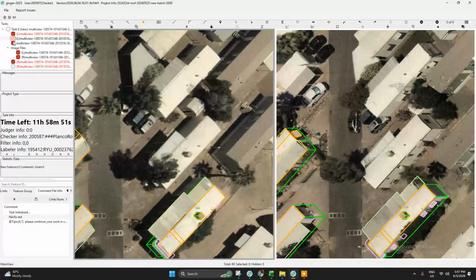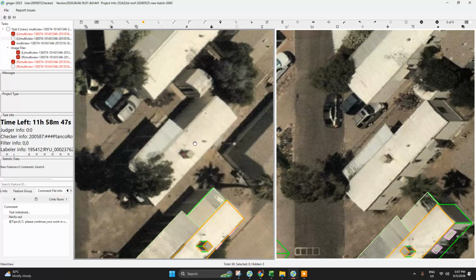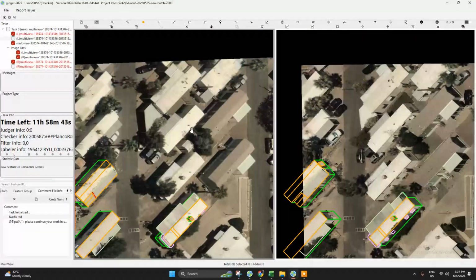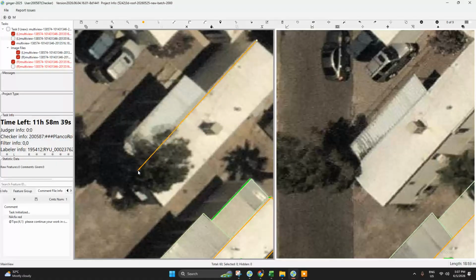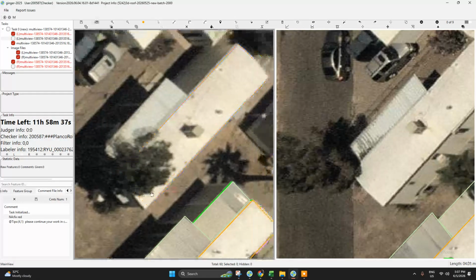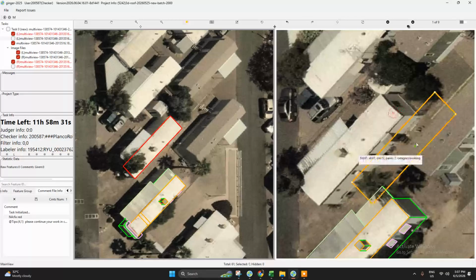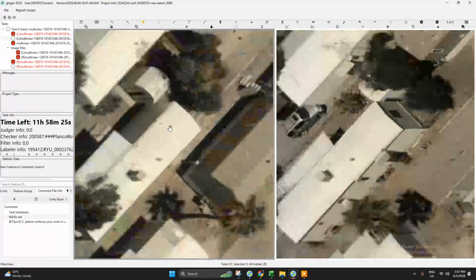For this example, we will label this very basic building. This is one of the easiest buildings to draw. First things first, again, let's draw the base. For this one, I will be using the E tool since it is a rectangle. For this type of building, it's best to use the E tool. You should be careful when drawing this kind of building.